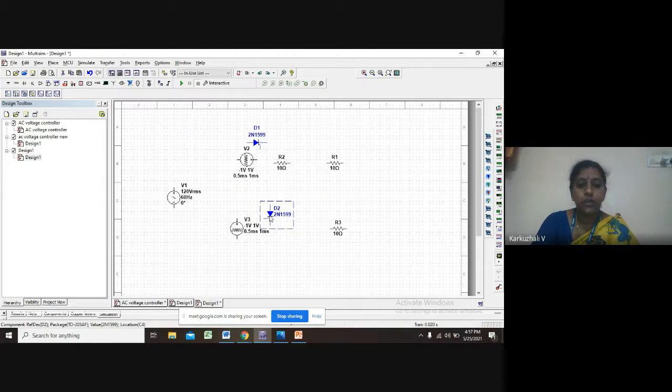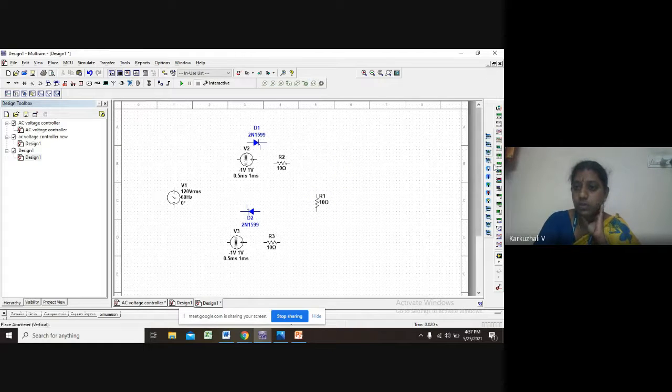Similarly, I can rotate this SCR2. So the SCRs are connected back to back with a gate pulse for this. So these are the ones that give the gate pulse, and one of the resistors is used here as the load. So again I give Control R and I connect it over here. So to view the waveforms we require an oscilloscope. Oscilloscope is available on the right side. So just click this oscilloscope and place the oscilloscope.